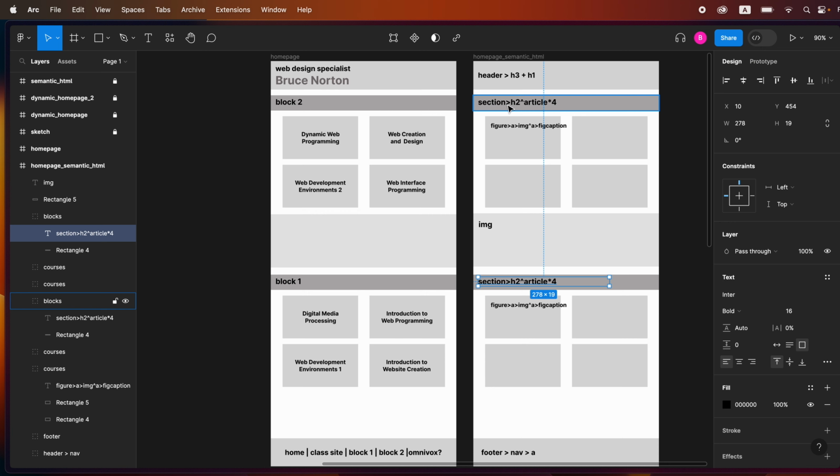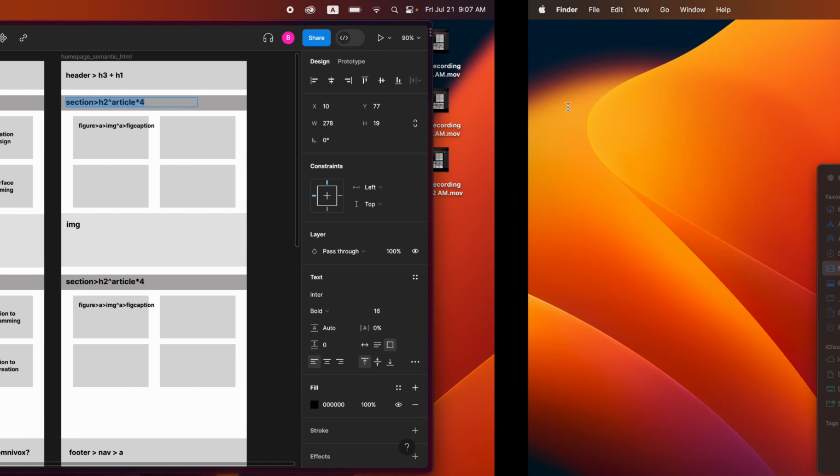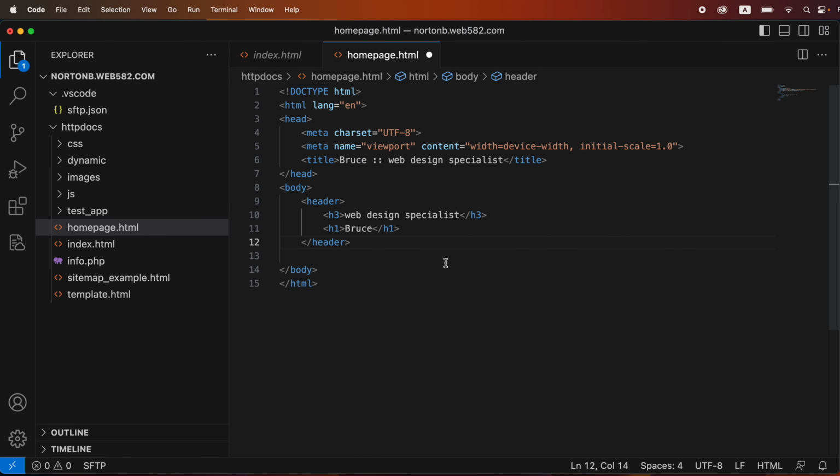Next we've got the section, article here, so let's go ahead and do that. We've got section, and then I've got an H2. And then I'm going back up a level, so it's Shift 6, and adding an article